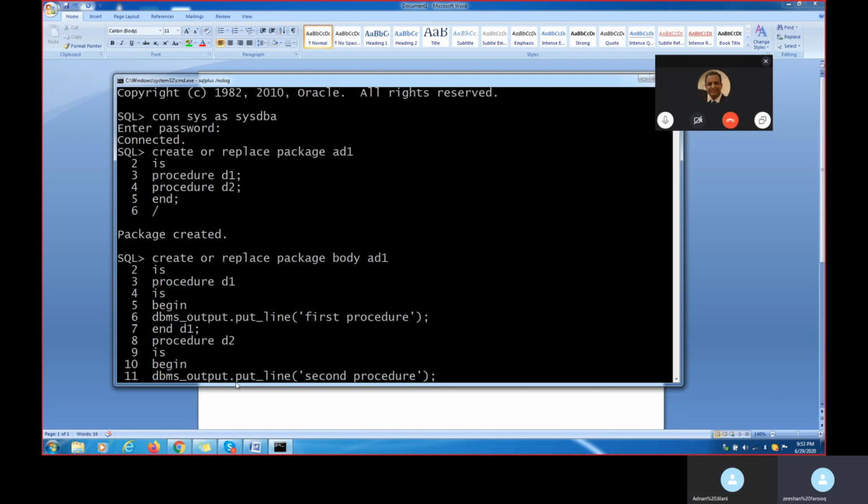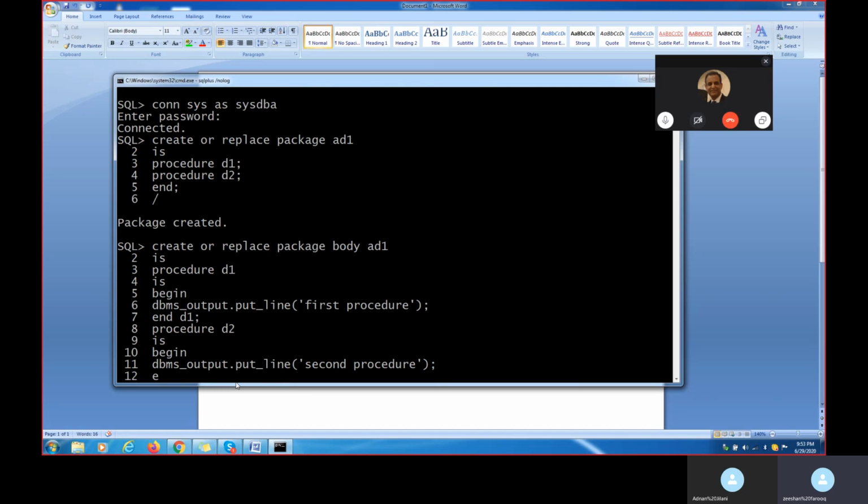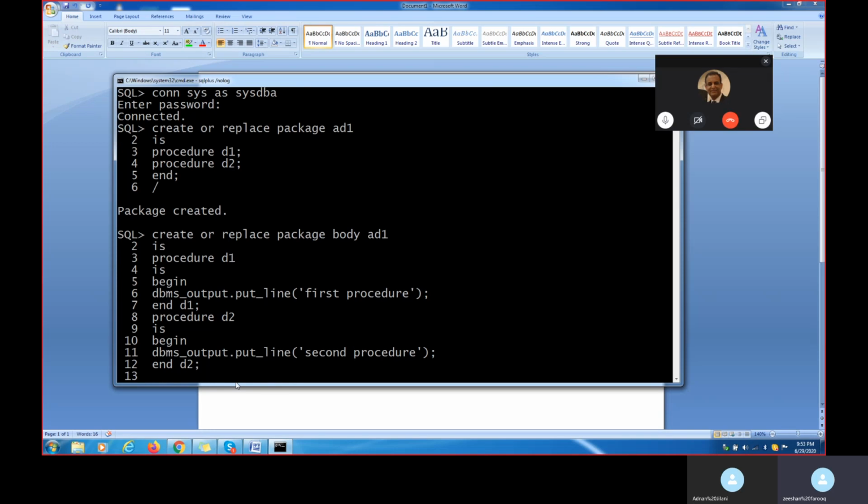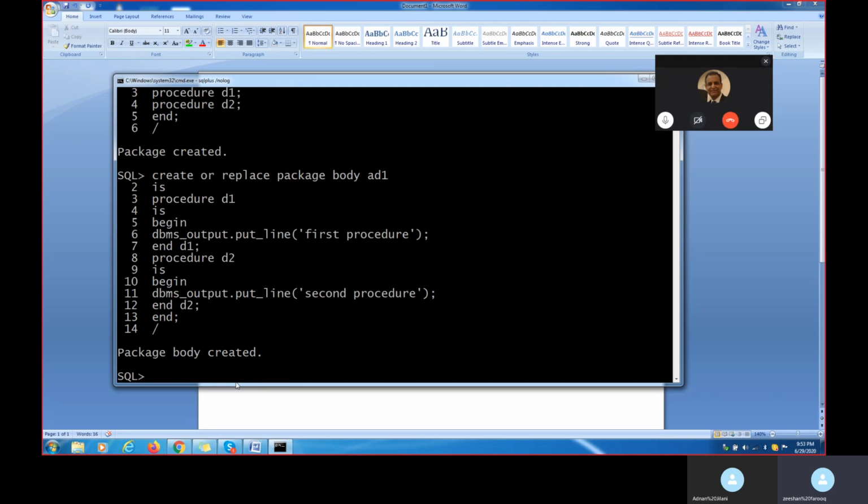We opened this procedure, so we have to close it: end D2. Then end, and the package body is also created.